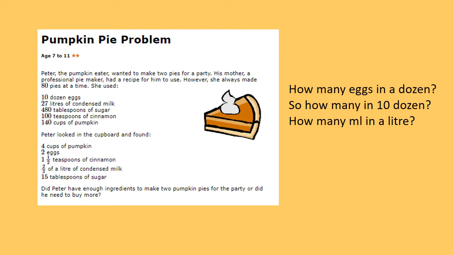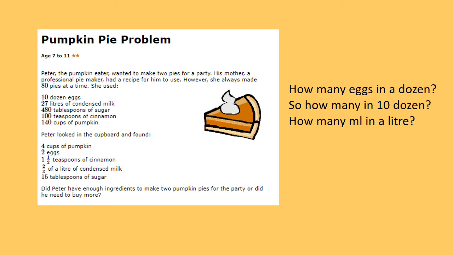Okay, now you've had a look through for yourself, we'll have a read through together. Peter, the pumpkin eater, wanted to make 2 pies for a party. His mother, a professional pie maker, had a recipe for him to use. However, she always made 80 pies at a time. She used 10 dozen eggs, 27 litres of condensed milk, 480 tablespoons of sugar, 100 teaspoons of cinnamon, and 140